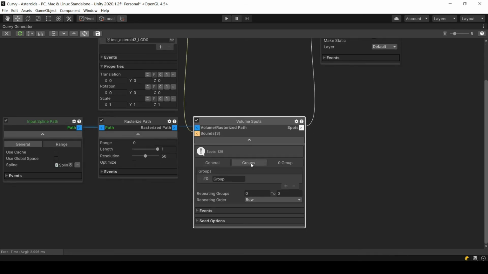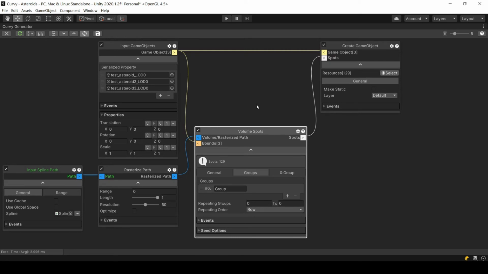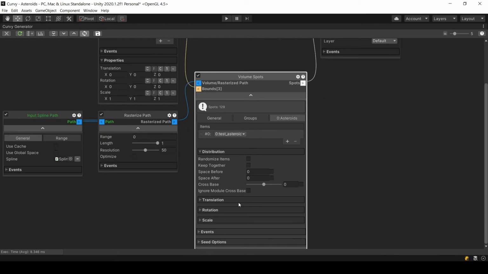Next we are going to set up this volume spots module. By default it created a group. A group is where you will put items to place, and you can have multiple groups with each group having different rules, and then order them differently. But in our case we will need just one group, so let's call it Asteroids, and here we can set up the group. But before going further, let's